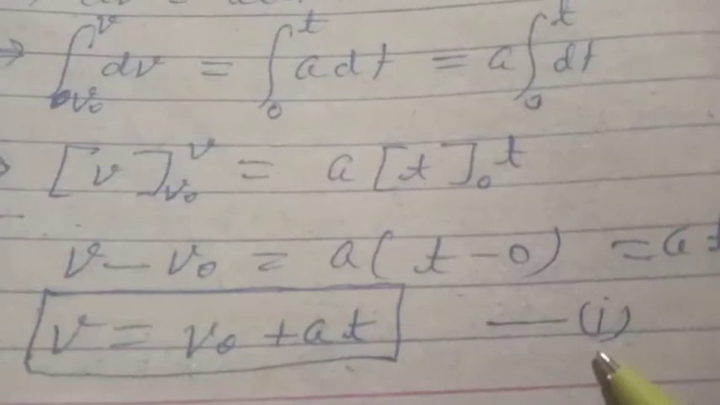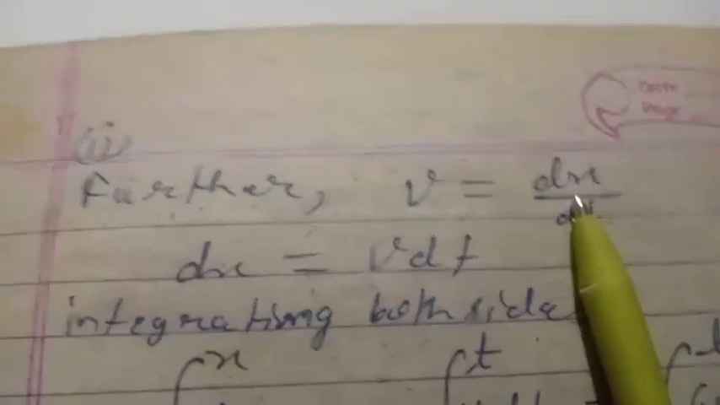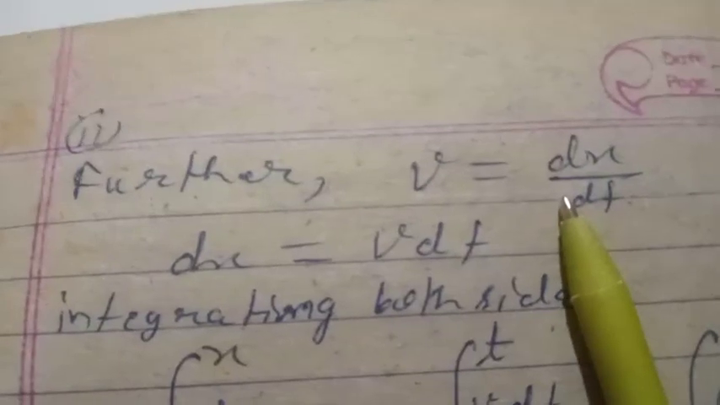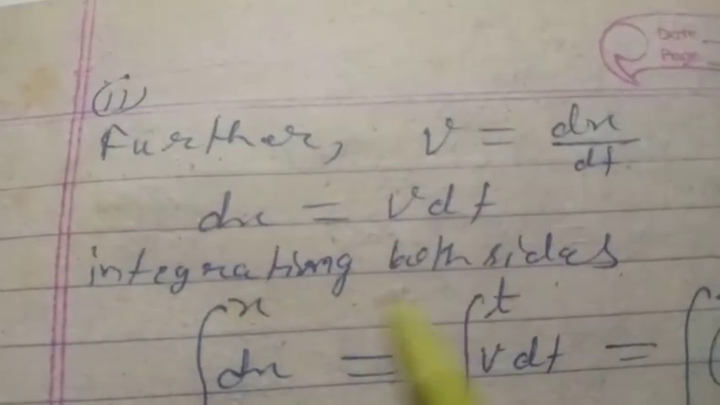This is equation 1. This is the first kinematical equation. Now the second. Further we have v equals dx by dt. Please note that velocity is the time differentiation of displacement, that is dx by dt. So dx will be equal to v dt, integrating both sides